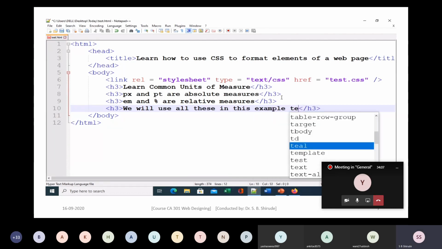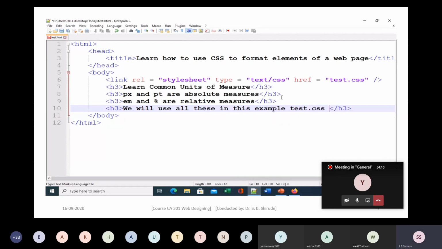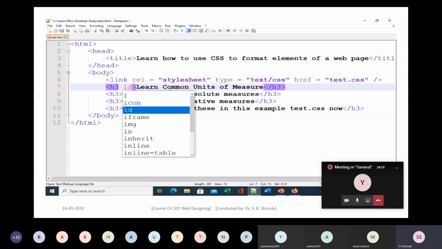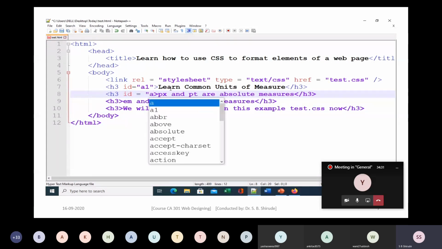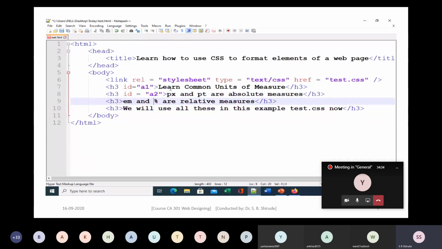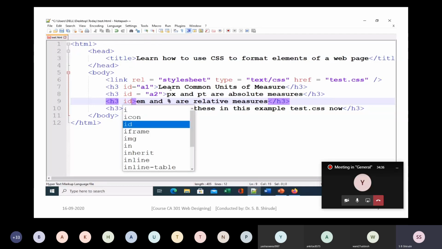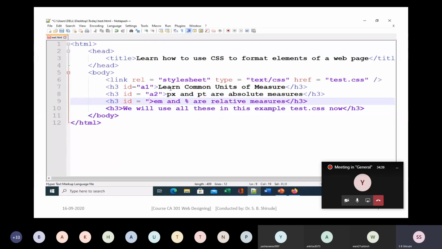So listen carefully to all the things, because you have to appear for the objective exam. For example, questions on px and pt may ask whether they are absolute or relative measures or anything else. So you should know that px and pt are the absolute ones, while em and percent are the relative ones. I have given you one example, but several things can be asked in the form of multiple choice questions.